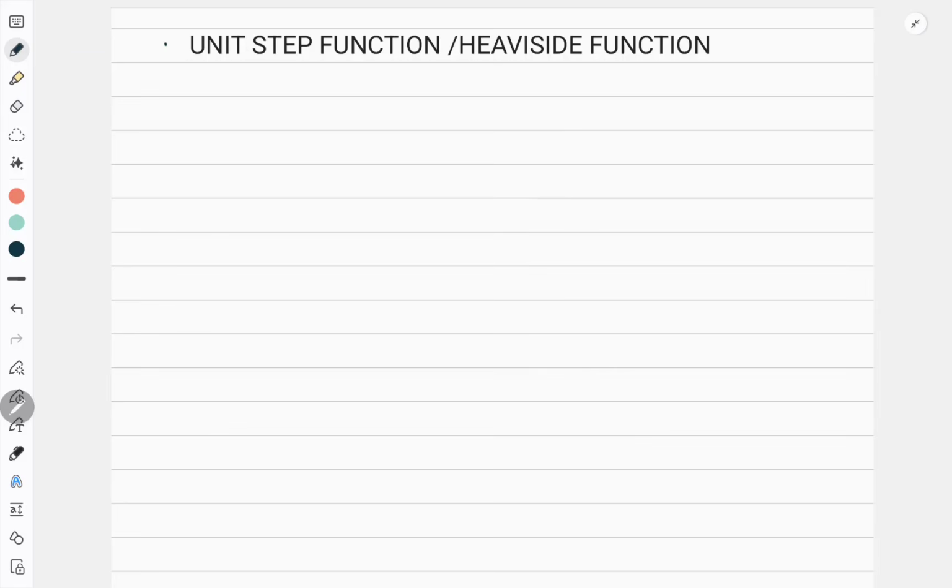It helps you to solve two other topics along with the core topic, because usually in the exam they definitely ask about the unit step function. So let us start with what exactly a unit step function is. The unit step function is represented by u(t) and it is a discontinuous function. It takes the value 0 or 1. It takes the value 0 when t is less than 0, and it takes the value 1 when t is greater than or equal to 0.